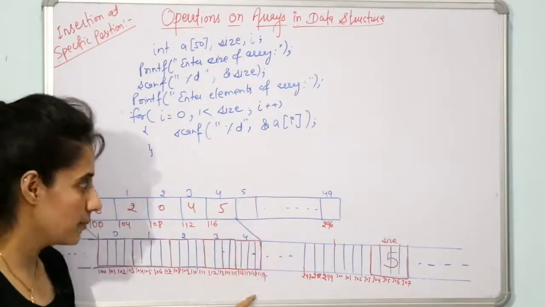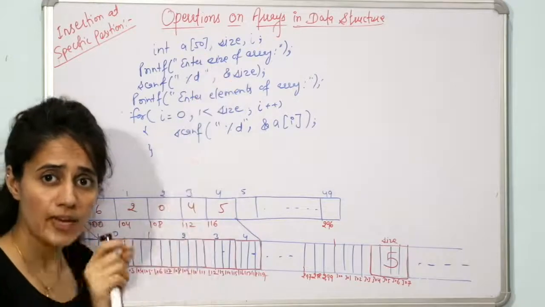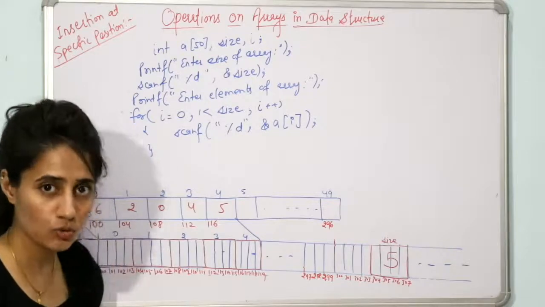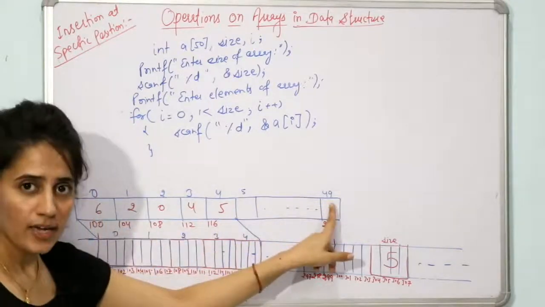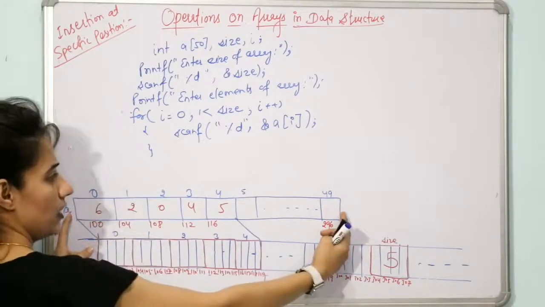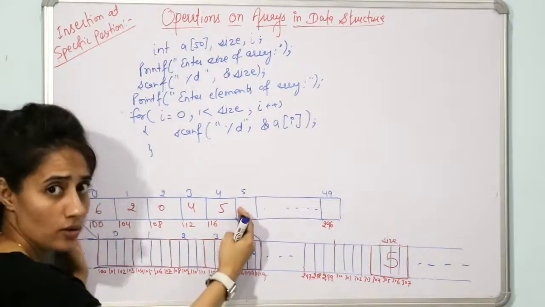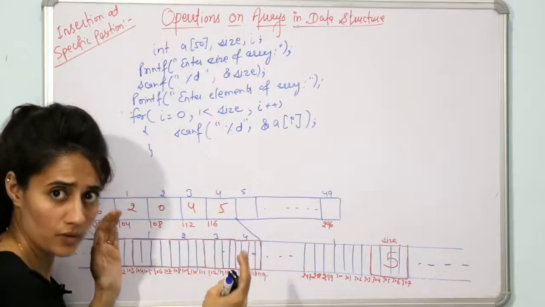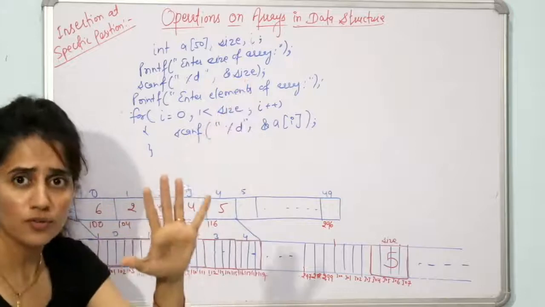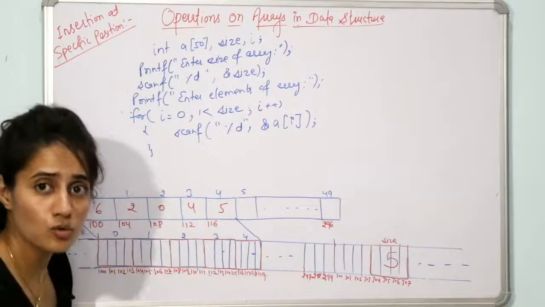See, I am going to take the same example. Array size is 50. Now first of all you have to take care of this thing. If the array is full, then that is the overflow condition, you cannot insert. So in the program you have to write that condition also. From 0 to 49 we have index, this address would be 296. So if you have inserted all 50 values, then you cannot insert any other value. If the array is not full, then you can insert. In this case we have inserted only 5 elements because we have taken size only 5, but we have space for storing 50 elements.